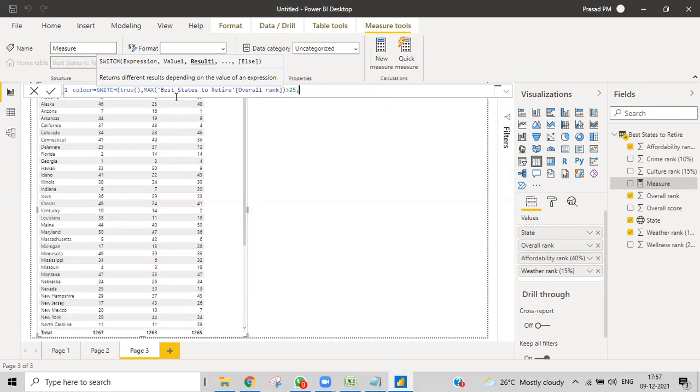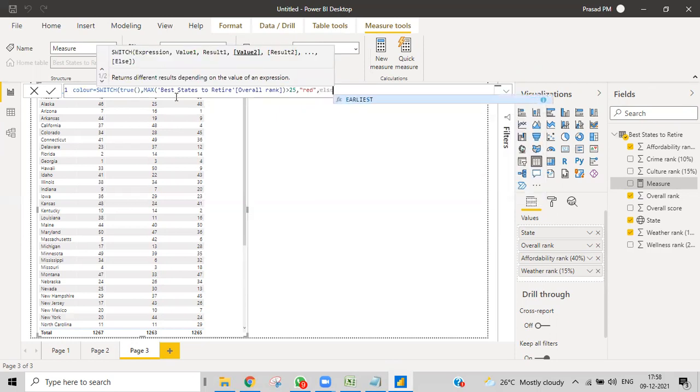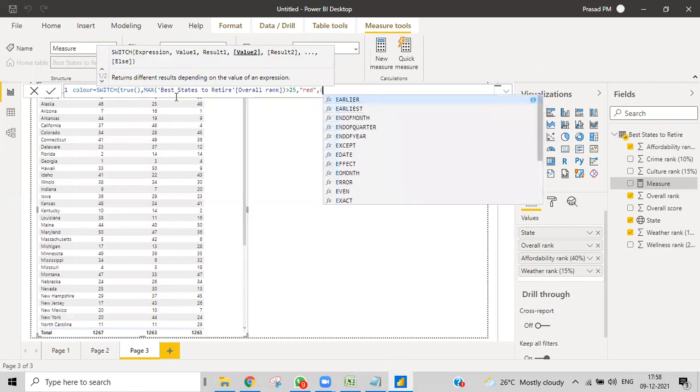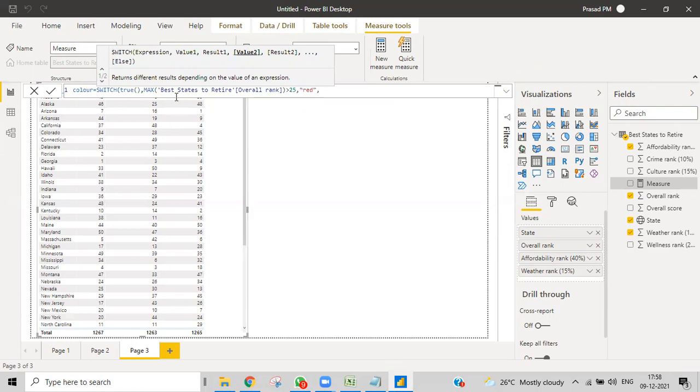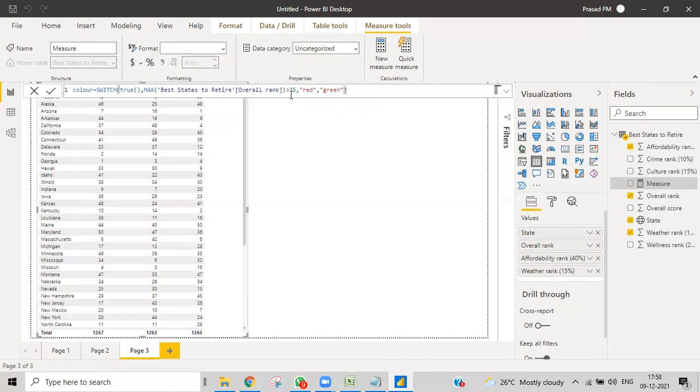Then I want to get red. I want to do else, so else green. What is my condition? If the overall rank is greater than 25, then red, or else green. This is my color condition.